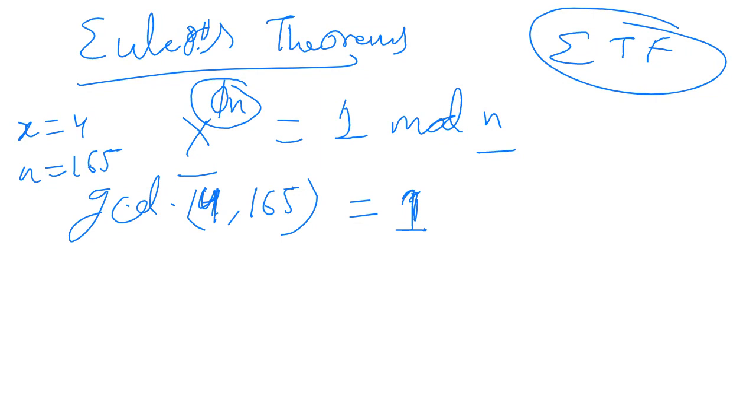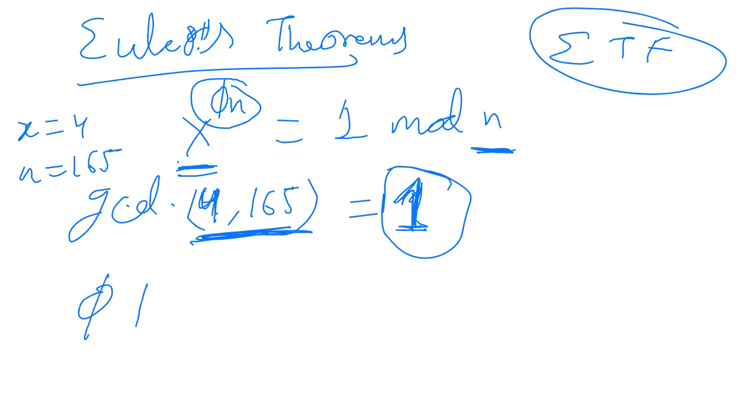So if it is 1 only, then we can say Euler's theorem is applicable. X and n must not be divisors of each other, means their GCD must be 1, right? If GCD is 1, then we can implement Euler's theorem on x and n. That is a necessary and mandatory condition. X and n must not be divisors of each other, means they must be co-primes. In case of co-primes, we have GCD of two positive numbers as 1, right?